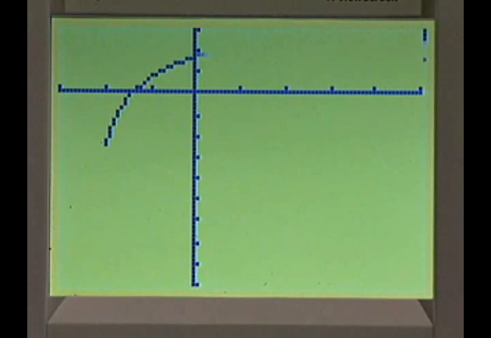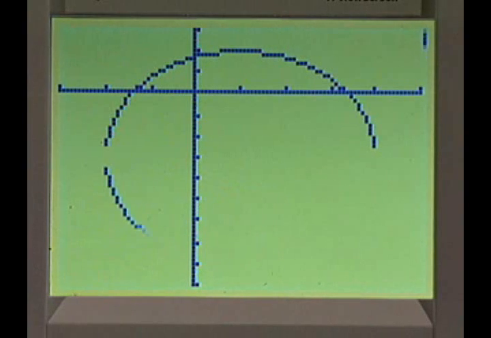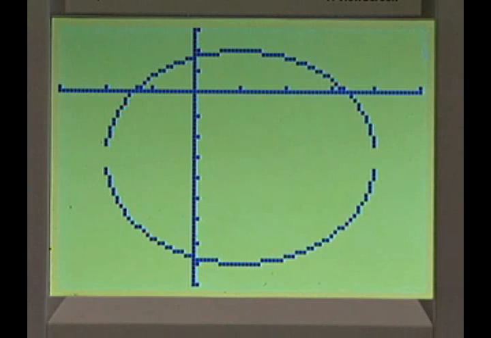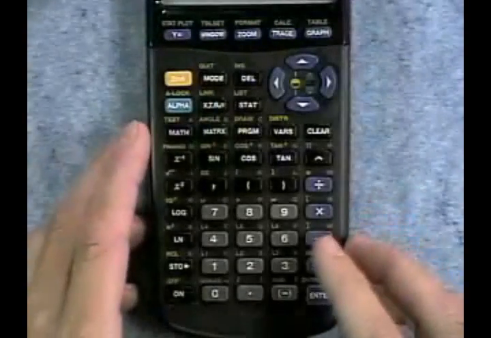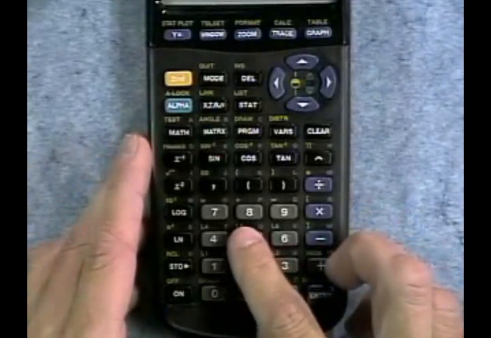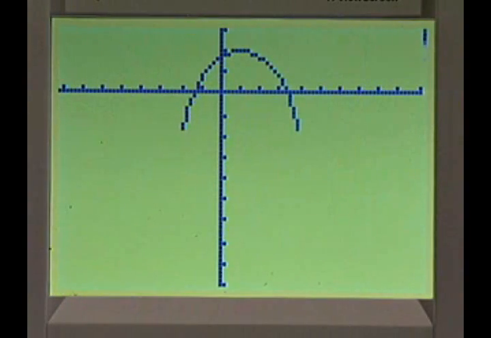And here's a graph of that same ellipse. One option we can use on the calculator to make it look more like what we intended is zoom square, since this definitely looks stretched out of shape. Zoom square is option 5. We'll let the calculator square its own screen, and what we get looks a lot more like what we graphed